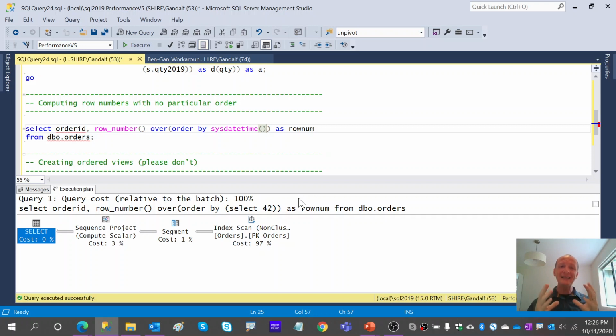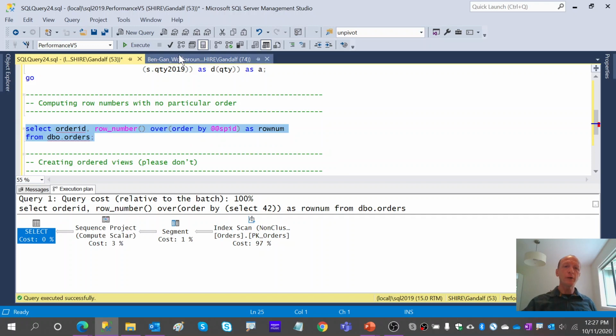So it's still treated as a single value and serves the same purpose: the optimizer knows it's the same value for all rows, and therefore it doesn't really need to sort. I've seen people like Paul White, my friend, often using the session ID as a runtime constant, but anything that gets evaluated only once for the query technically could be a good choice here.